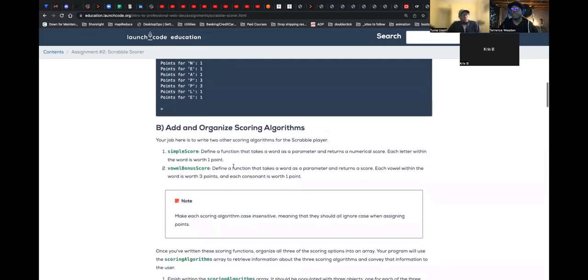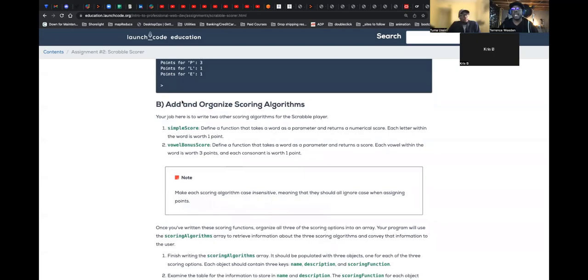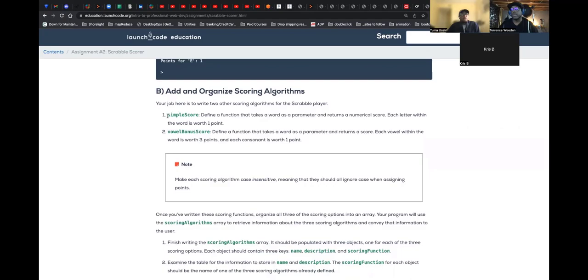So here in part B, it says add and organize scoring algorithms. Your job here is to write two other scoring algorithms for the Scrabble player. So here we go. We're going to write a simple score: define a function. So that means that's a function that takes a word